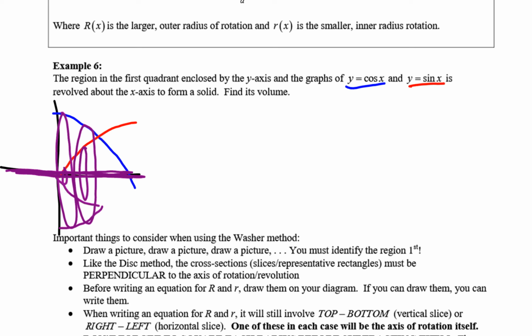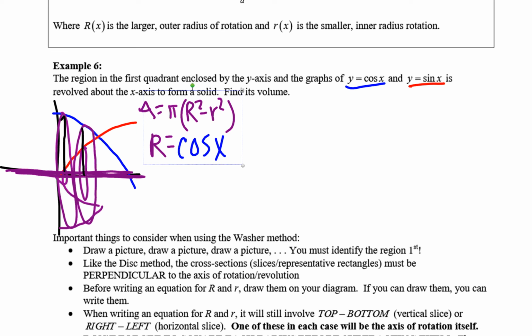The area for a washer is pi times big R squared minus little r squared. So we need to identify our big R. Our big R is going from here to here. It looks like we're going from the blue function, that's cosine of x. Our little r is where the hole starts, so that would be here, so that's sine of x. Set up our integral,